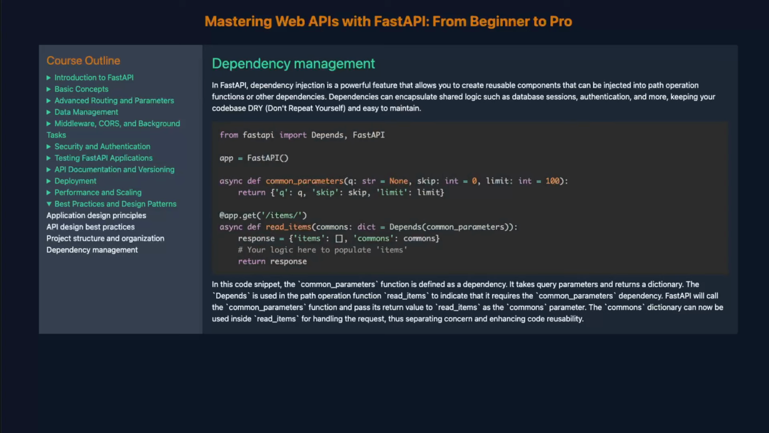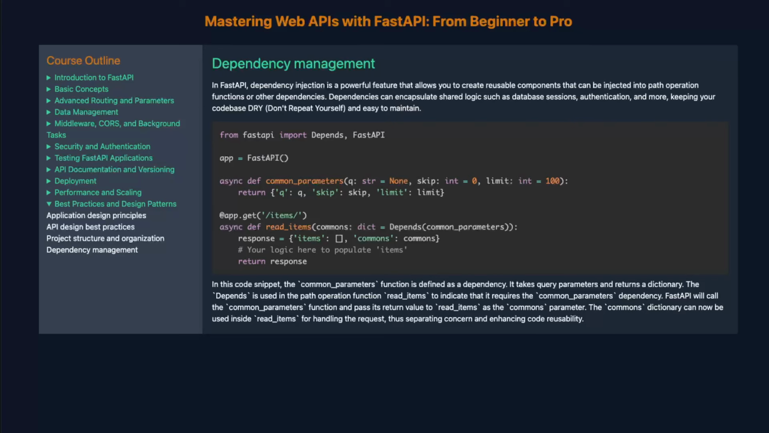In this code snippet, the common parameters function is defined as a dependency. It takes query parameters and returns a dictionary. The Depends is used in the path operation function read items to indicate that it requires the common parameters dependency. FastAPI will call the common parameters function and pass its return value to read items as the commons parameter. The commons dictionary can now be used inside read items for handling the request, thus separating concerns and enhancing code